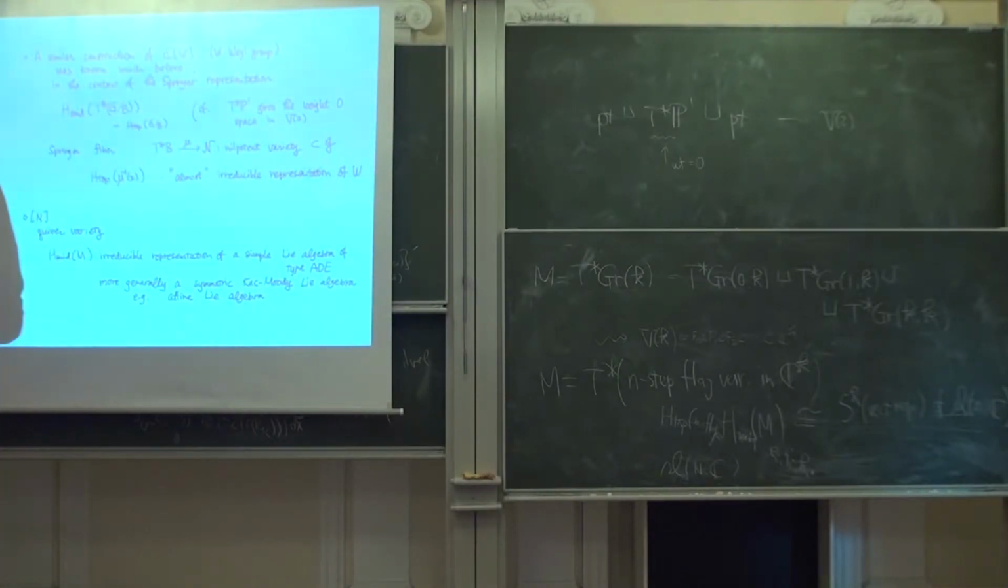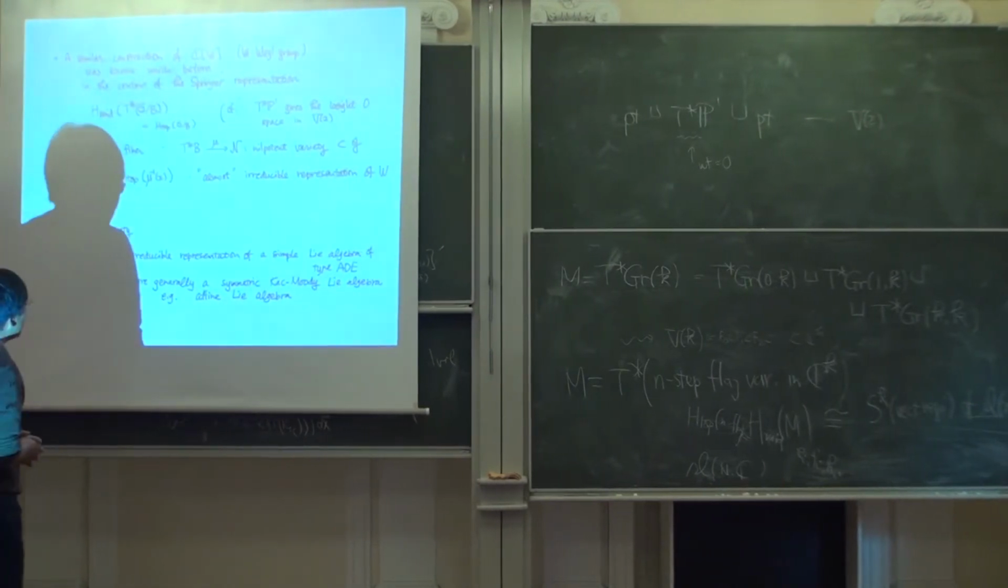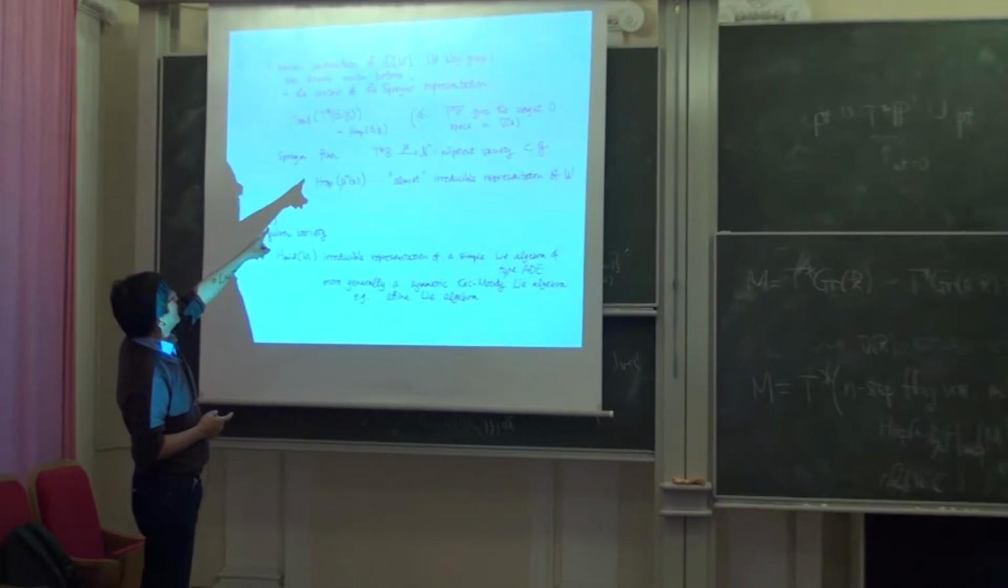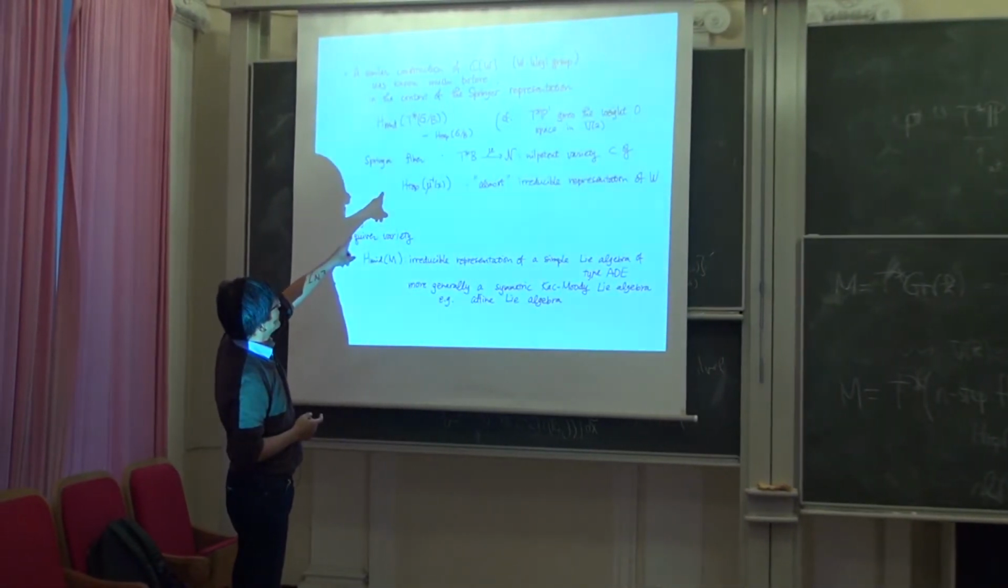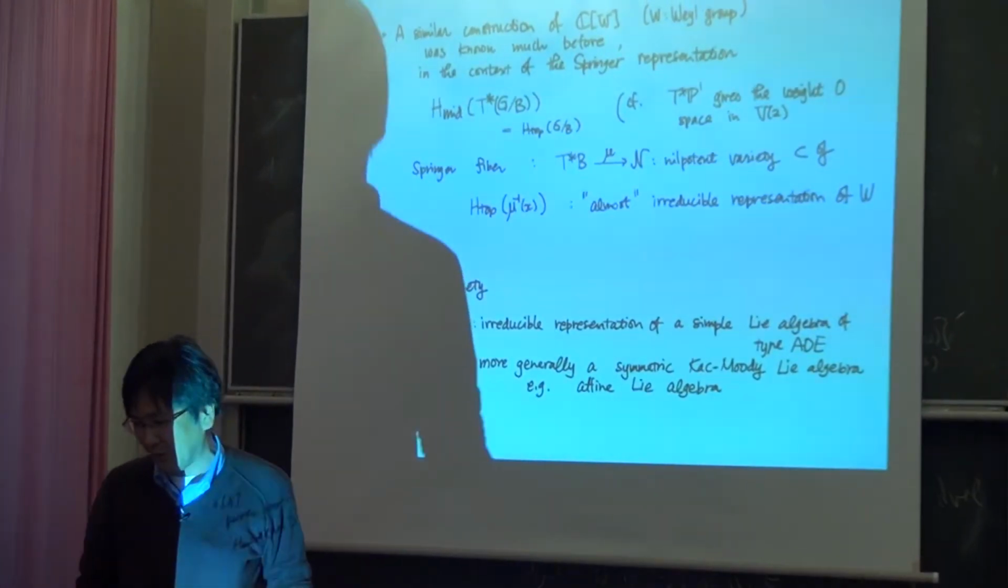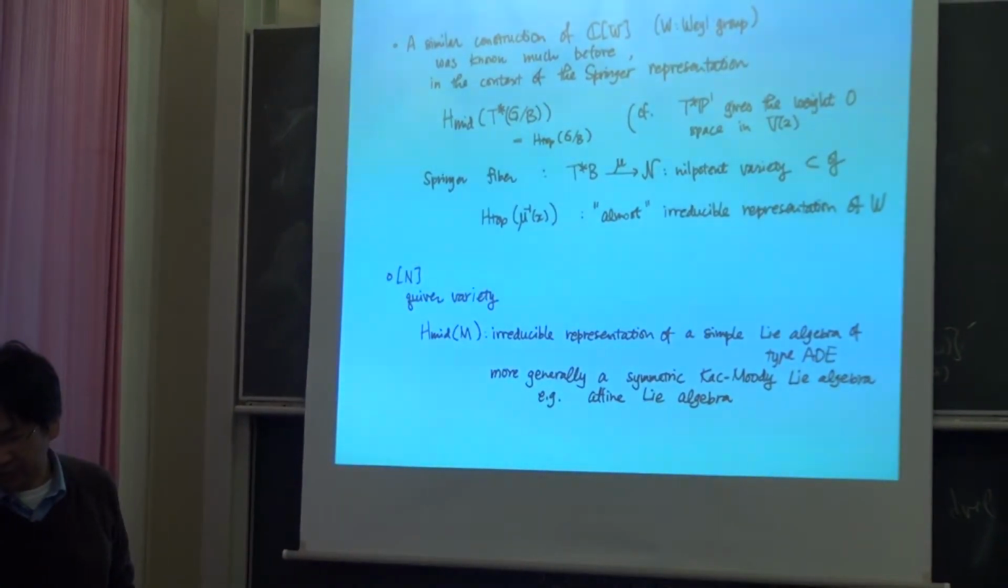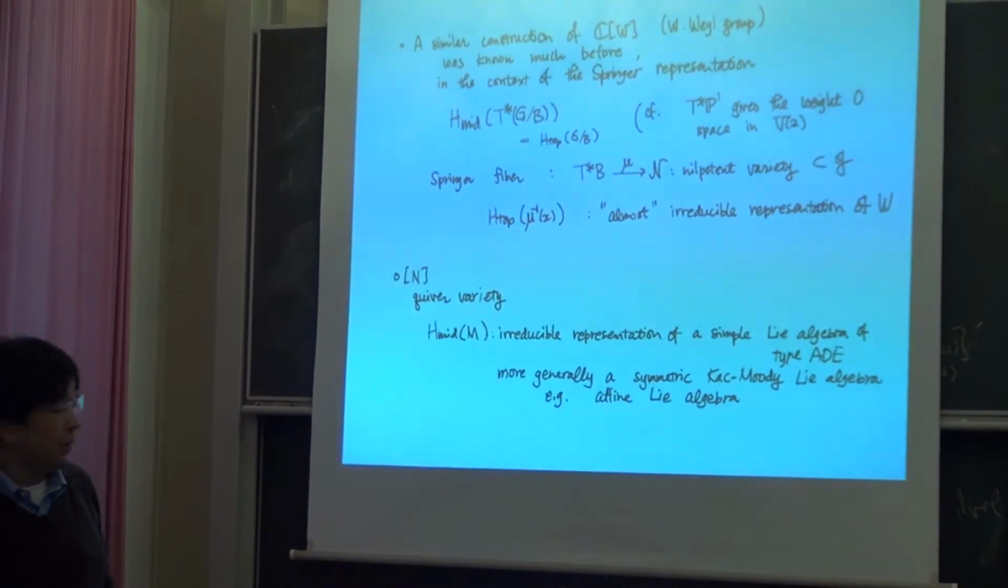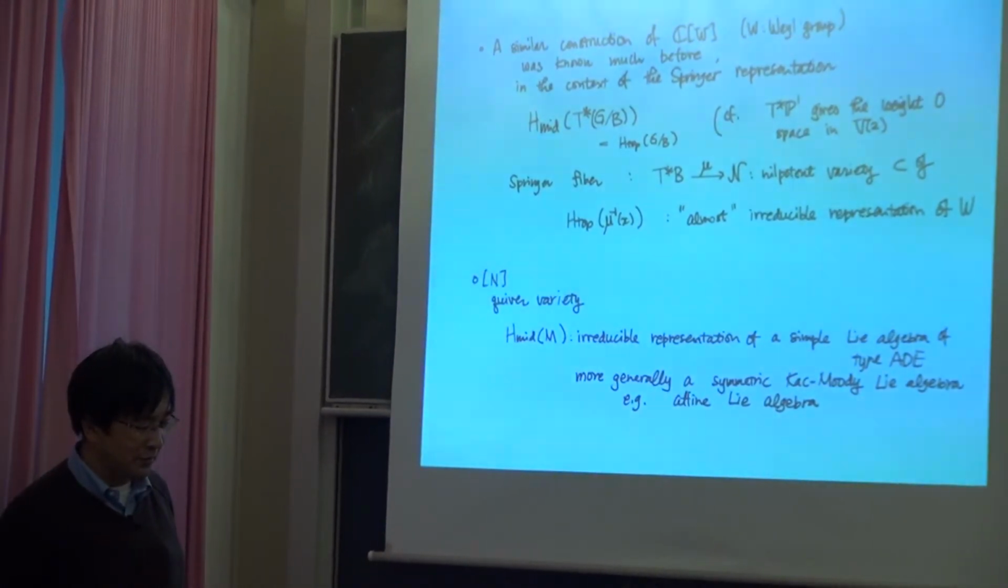I briefly explained how I construct a one-dimensional representation of the Weyl group, but I can construct also more complicated representations by some slight generalization. This construction will not appear in the lectures, so you just listen once and you can forget. But anyway,